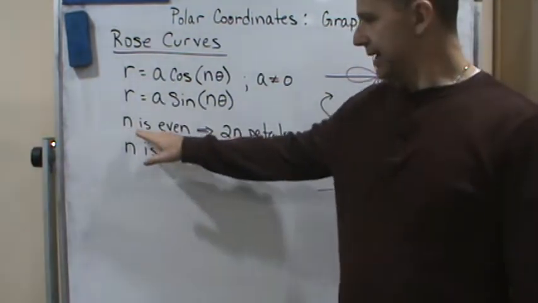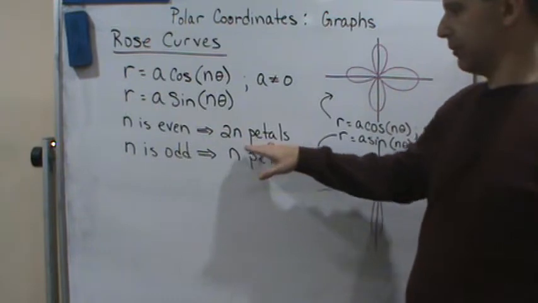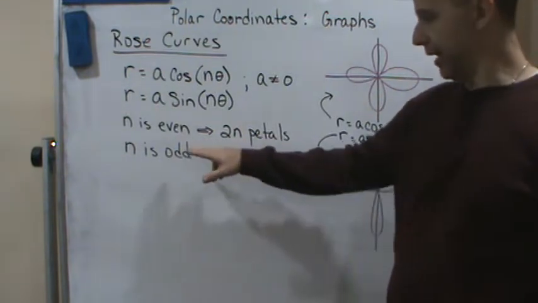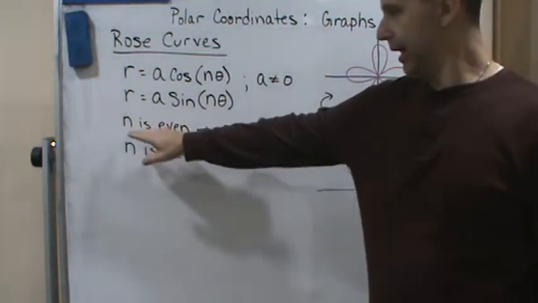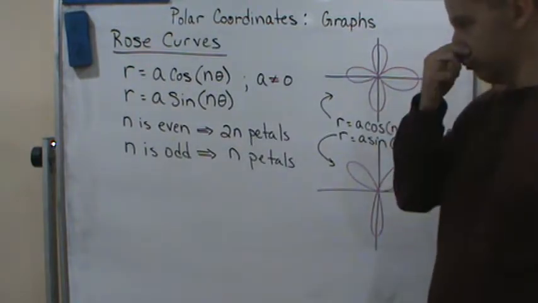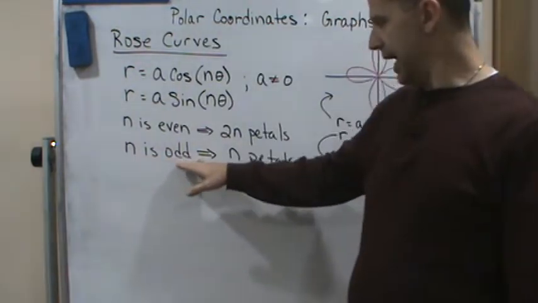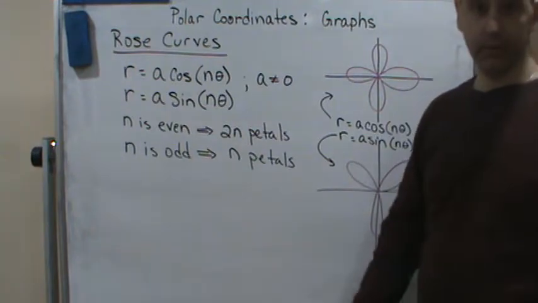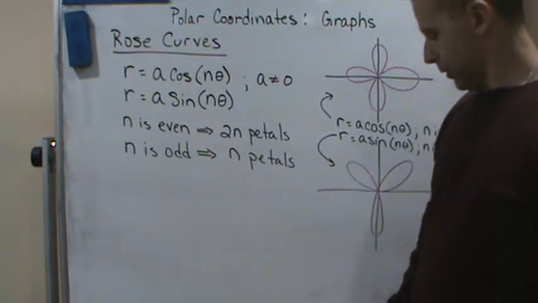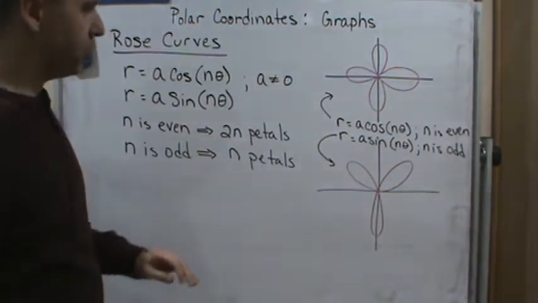And so if n is even, then that implies that we're going to have 2 times n petals. So we'll have double n. That's going to tell us the number of petals. If n is odd, then we're just going to have n petals. So for example, in these two that I drew,